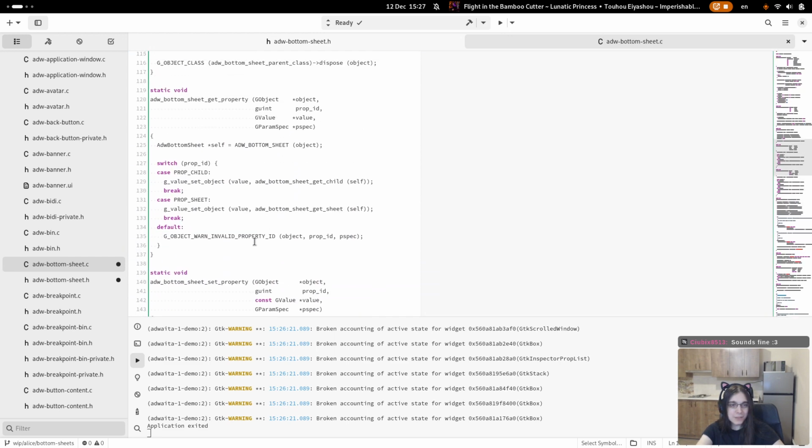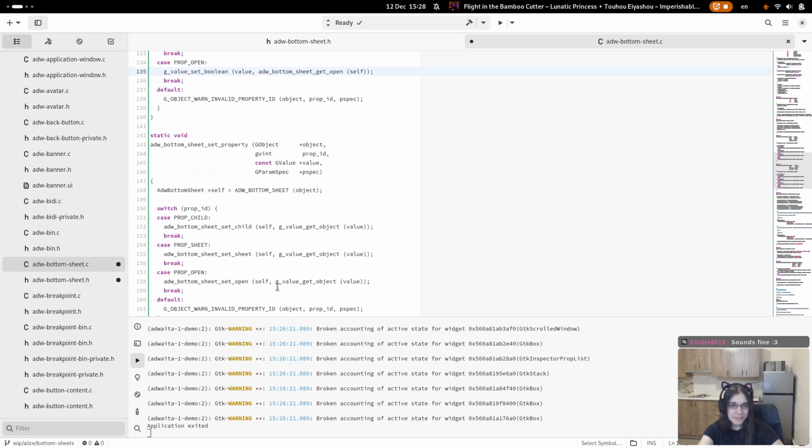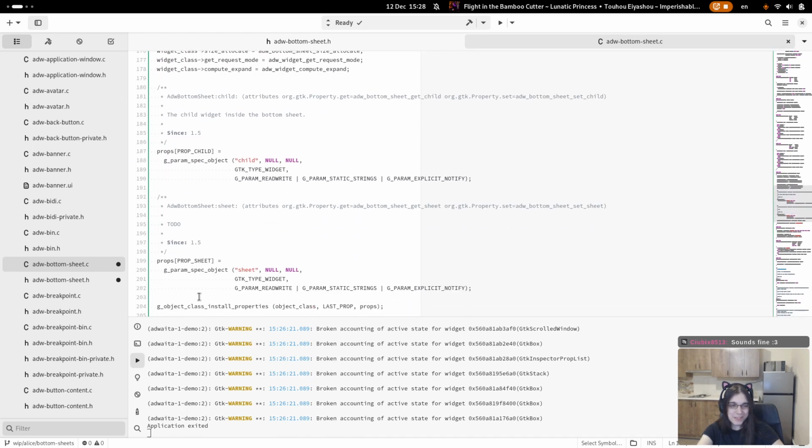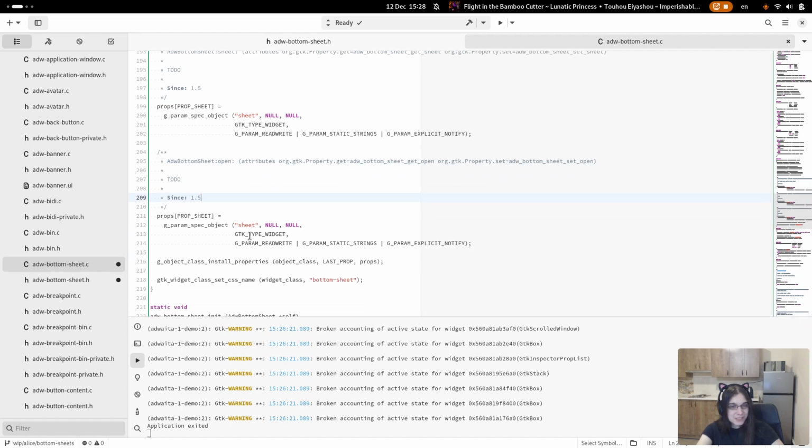Open. And here, get open. Properties are unfortunately one of those GObject things that are really verbose and not really pleasant to write. But it's not too bad. Things like that are one of the reasons I usually use Vala for prototypes, because properties are generally single line. Get open, set open. All of the doc comments are currently just TODO because I'll write docs at the end, and if I do them now, it'll be a pain if I need to redo it later.